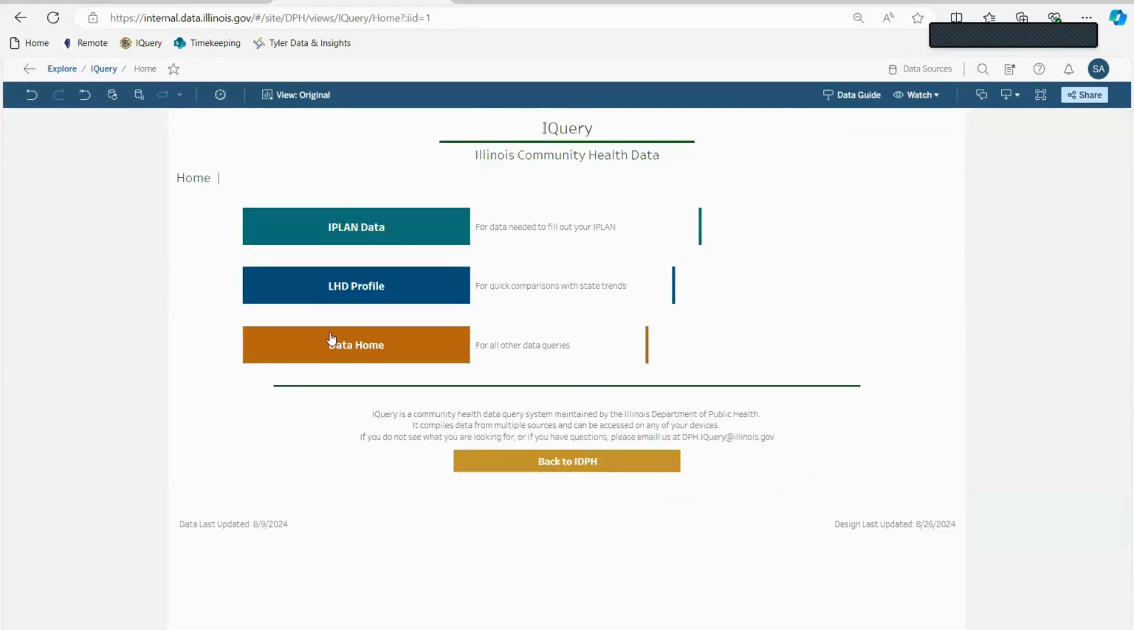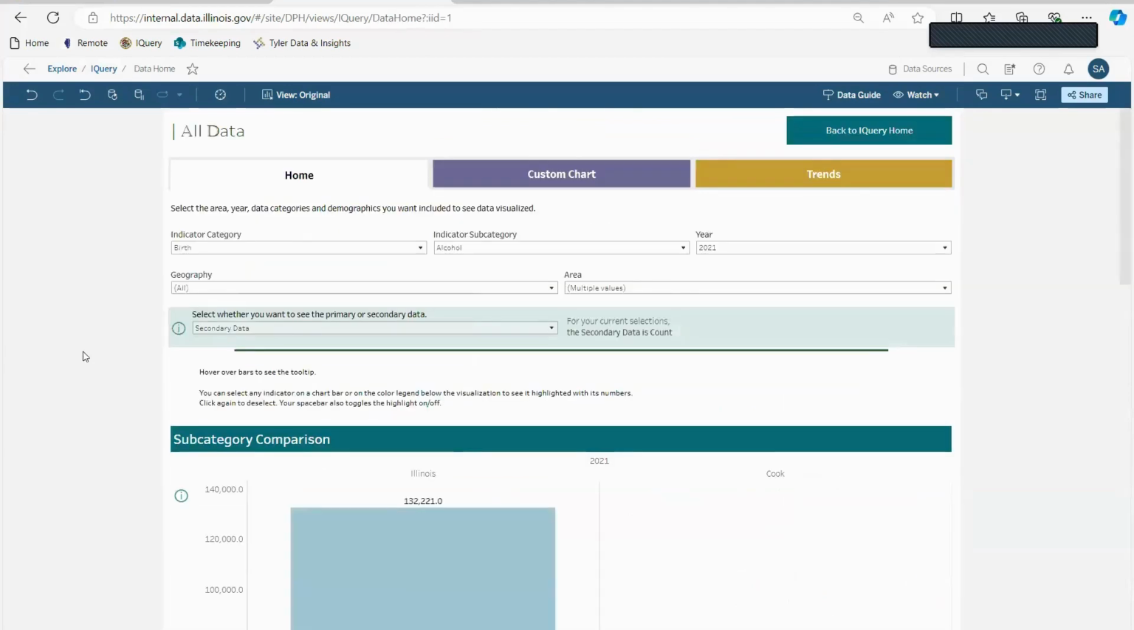And then the last tab here is the data home. And when I click on this, it looks very, very similar to the IPLAN data button. Now, the difference with the data home is that this has all data points. It's not really organized by the IPLAN data categories. And the reason we have this is because we actually do have a lot of death data for different causes of death that doesn't necessarily fit very well into those IPLAN data categories,